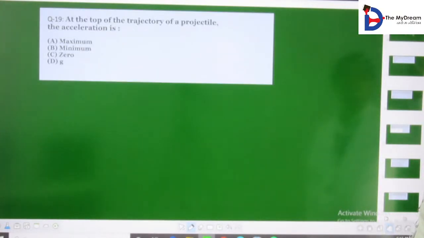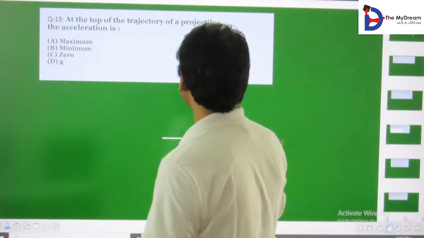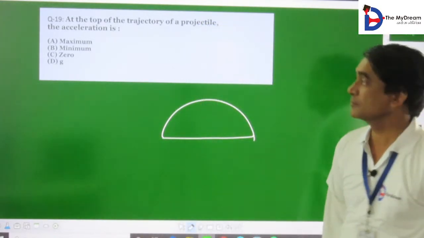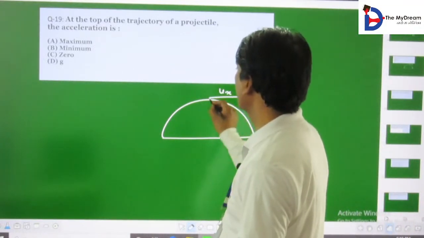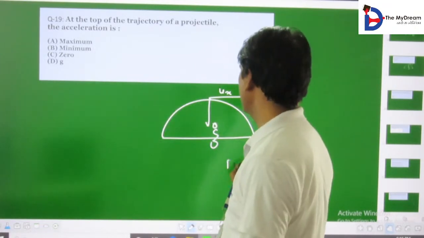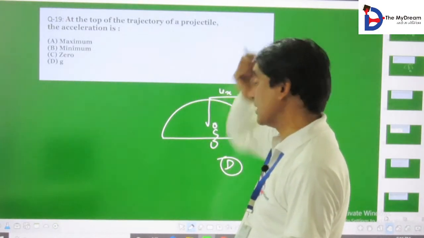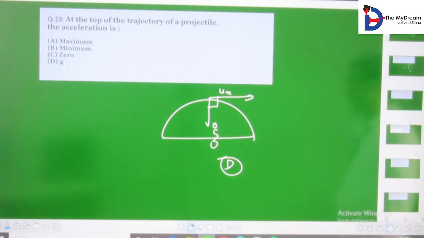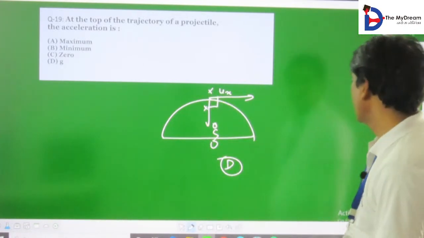Next. At the top of the trajectory of a projectile, the acceleration, थोड़ी देर पहले डिस्कस किया, acceleration कितना होता है, जीरो. जीरो तो है नहीं ऑप्शन इसमें, मैक्सिमम नहीं. At the highest point, the velocity is perpendicular. ग्रेविटी तो एक्ट कर रही है, वर्टिकल कंपोनेंट पर ही तो वेलोसिटी नहीं है. नेक्स्ट,